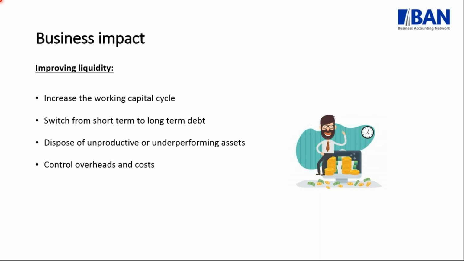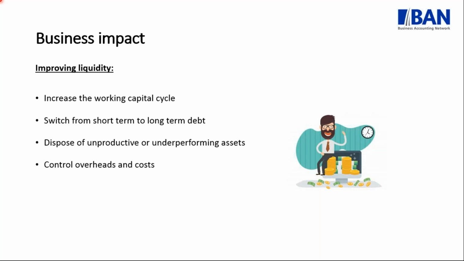So as I explained earlier, your working capital cycle is the time it takes to convert your net current assets and current liabilities to cash. So here we are looking at your debtors, your creditors, your inventory cycle. How can we improve that? Try and invoice your customers as soon as possible after the sales transaction. Be diligent in following up your debtors. So you want to shorten the time between the sale and collection from your debtors as much as possible.